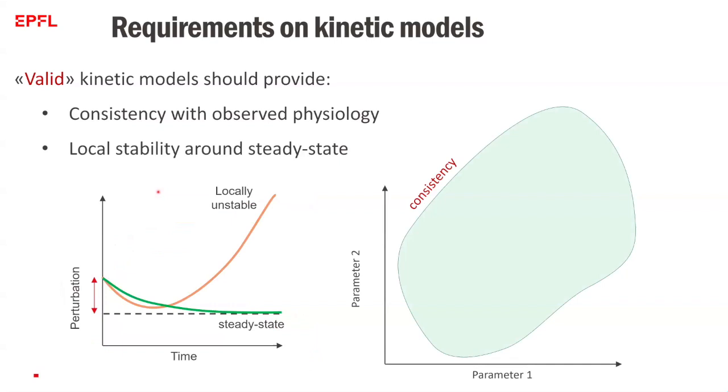So for this, we put this as an additional constraint, and it turns out that this, really importantly, significantly reduces the allowable parametric space. Another